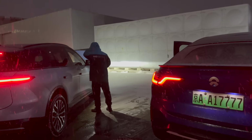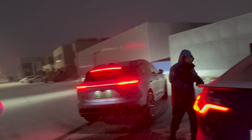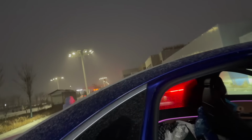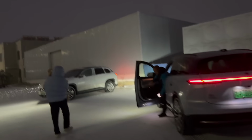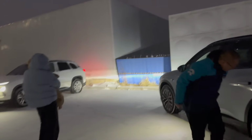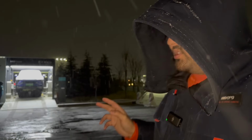So what's also really cool is because it's a first gen swap station, we're gonna have to get out of the car, but the service guy said we can use his car, and that's his car. So we can get on his car and rest in his car. And this is actually another Nio service rep. We can rest in the service guy's car. So guys, most swap stations are Gen 2 and Gen 3 already, but there are still some Gen 1 swap